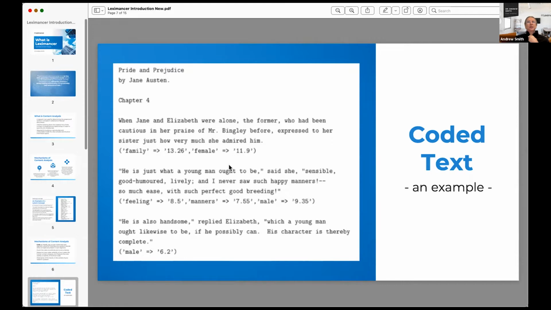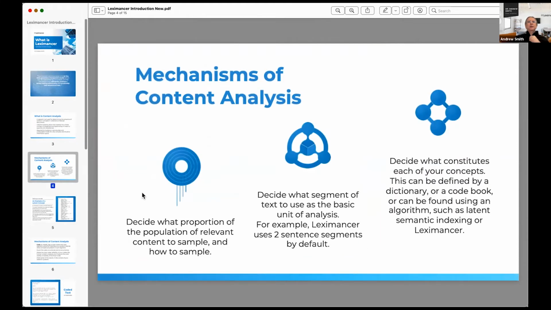The automatic setting is mainly used for exploratory work, grounded theory work, getting familiar with the data set. So content analysis is mainly thought of as coding, but the techniques that are important are, first of all, go and get your data. Sampling, depending on what your research question is and how general your results need to be, dictates how you sample your data and from what population you take it.